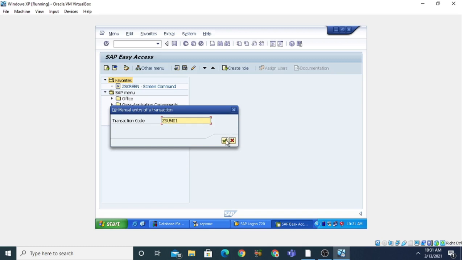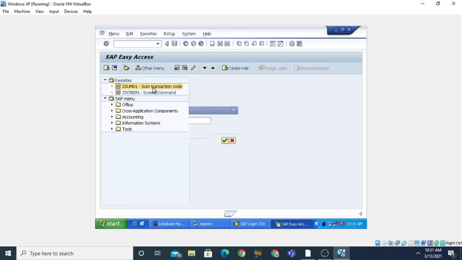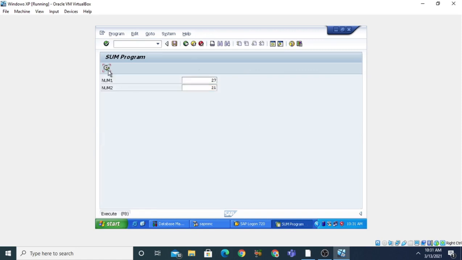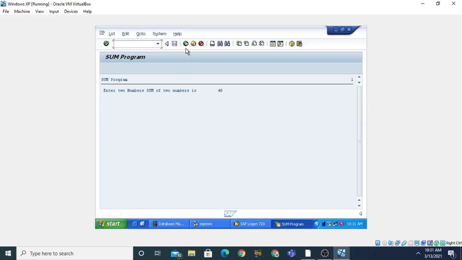This transaction code will become part of the favorite list. Now click on continue or press enter. You can see that this transaction code is now listed in the favorites. Double click on it, and it will directly execute your program. In this way we can create the transaction code and put it into the favorite list.